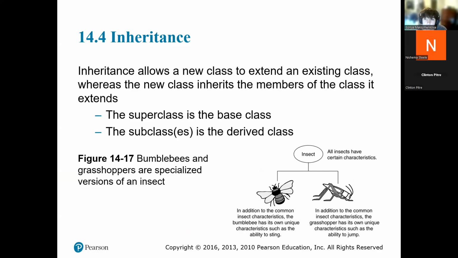If we have a class that already exists and it has some kind of specifications, we can extend this class with a new class. And a good example for that is, right here, they're showing an example with insects. I don't really like that example. More of a fan of a vehicle. So for example, if we have an existing class called vehicle, right? What does vehicle do? Vehicle will have wheels. Vehicle will have some type of windows, and